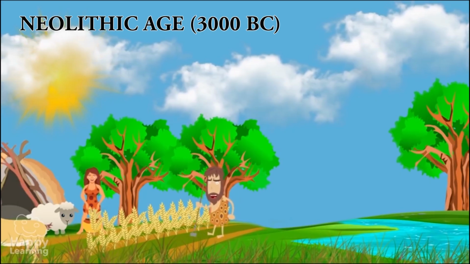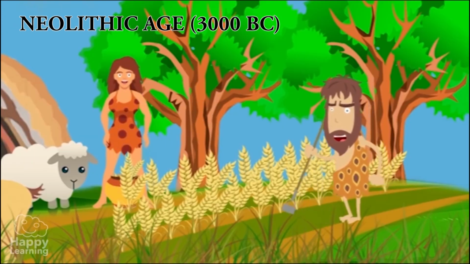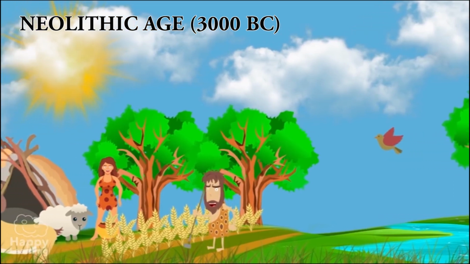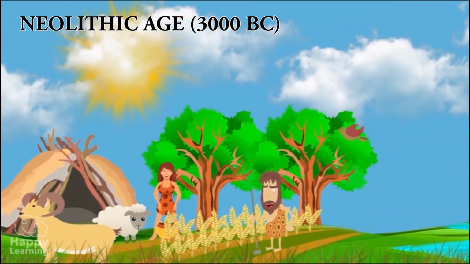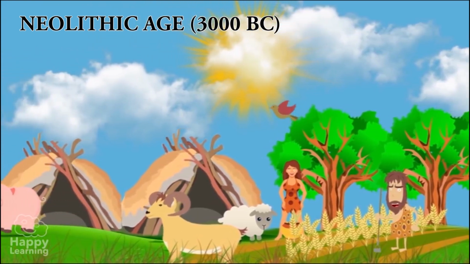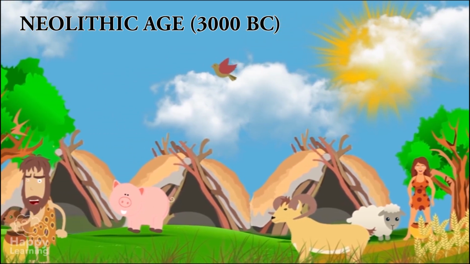By around 3000 BC, the thick vegetation had been torn down a great deal. Thus, the Neolithic age, or the last period of the Stone Age, introduced a more settled way of life. It was a period of domestication of plants and animals. Man turned from a food gatherer to a food producer.